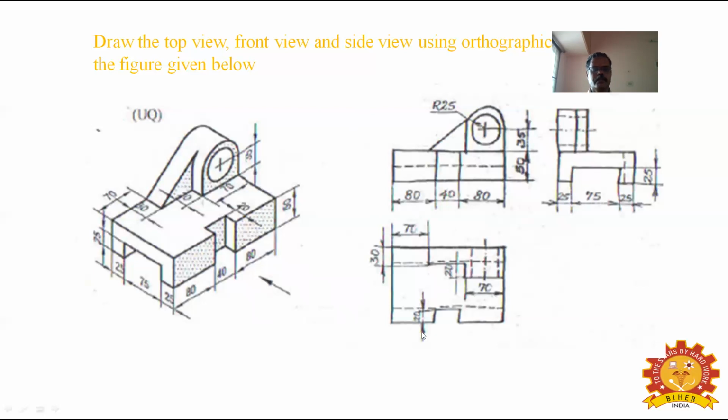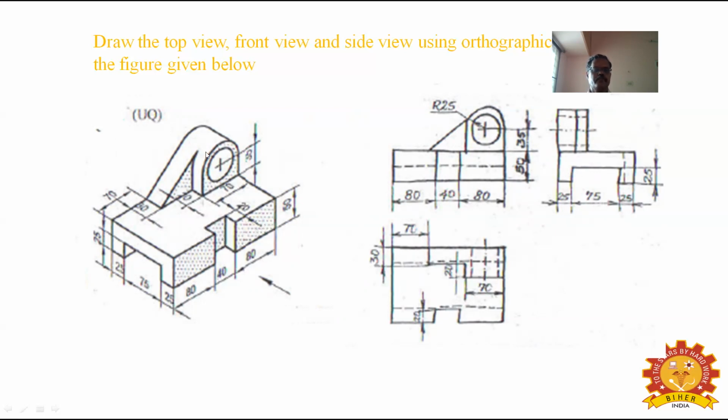Okay. First draw the rectangle of size 200 by 125. Within the rectangle, you have to draw the slot. The slot dimensions are given as 8 mm from the end, and depth is given as 20, and width is given as 40. So 20 by 40, you have to draw the slot.